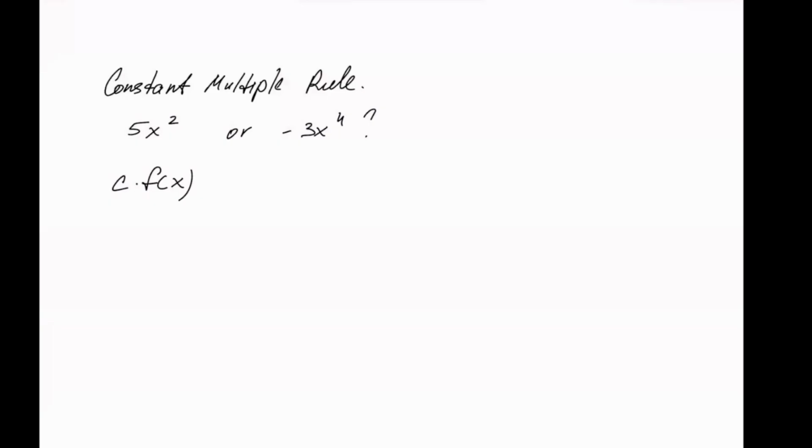Using the limit definition, d dx of c times f of x is equal to the limit as h approaches 0 of c times f of x plus h minus c times f of x